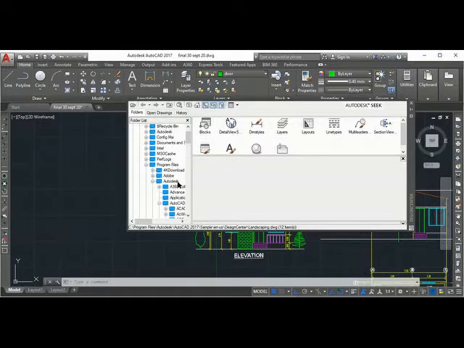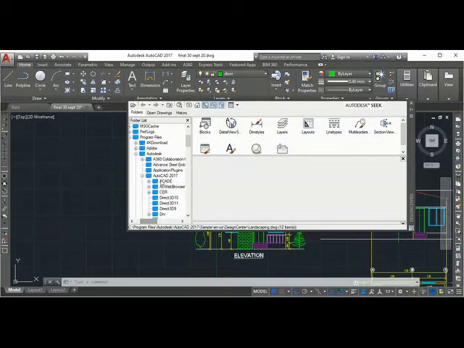Are you noting down? Anyone? Yes, sir. Okay. So program files, Autodesk. AutoCAD 2017 or whatever version you have. AutoCAD 2017 or whatever installation you have done, that one.